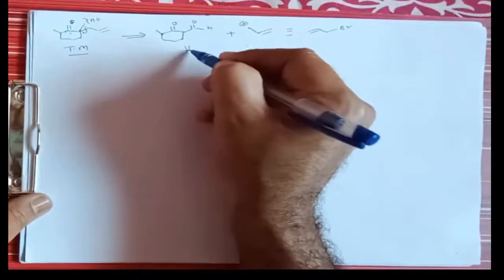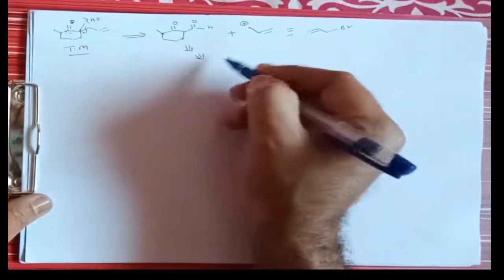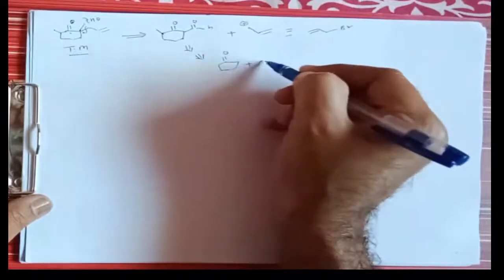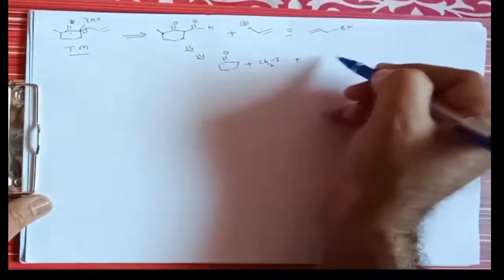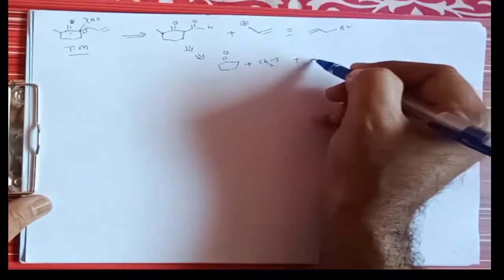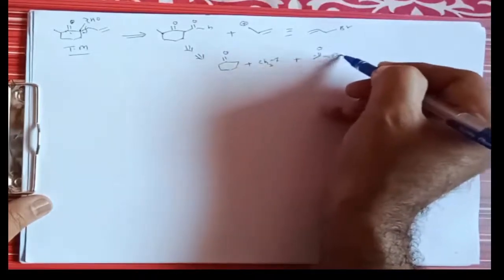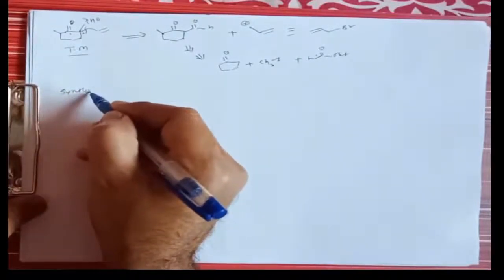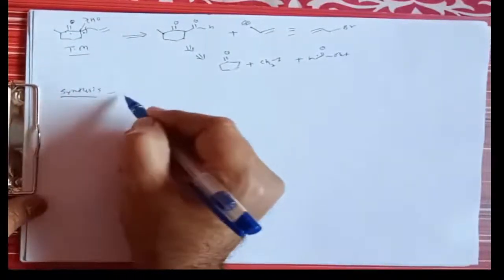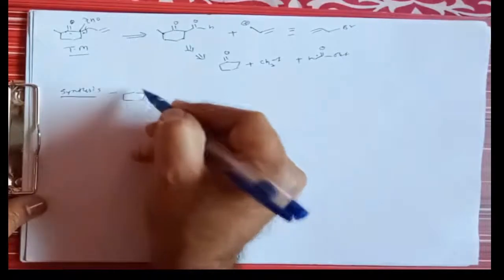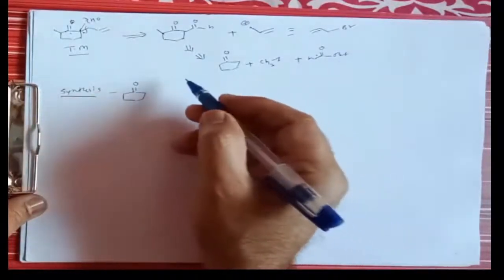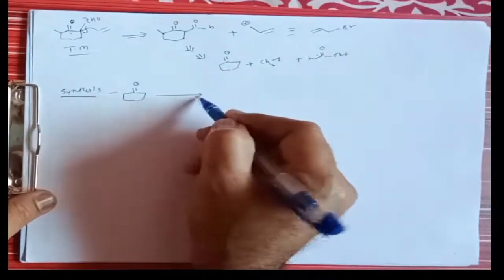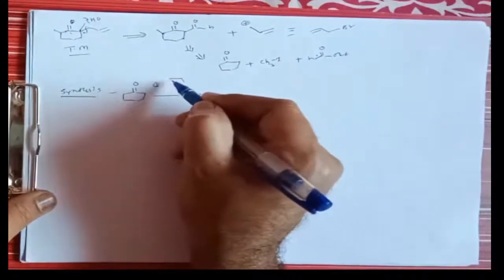And now we can break this molecule by the formation of this cyclohexanone, along with methyl iodide, plus ethyl formate. Then if you go for the synthesis, we can take this cyclohexanone, and from the cyclohexanone we can go for this enamine approach. In the enamine approach we can take this pyrrolidine